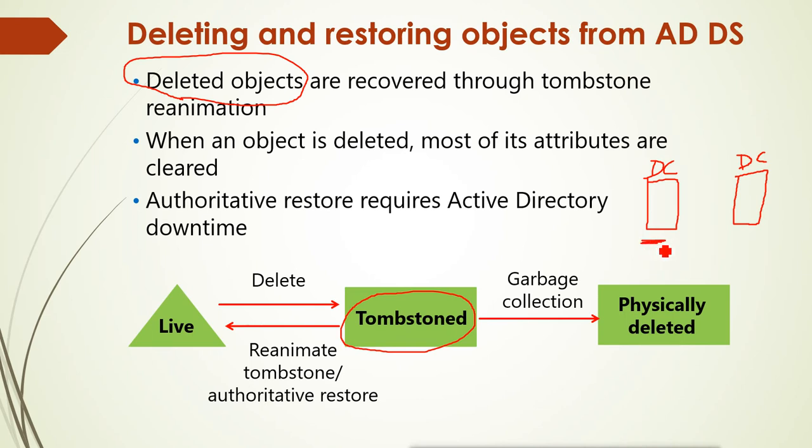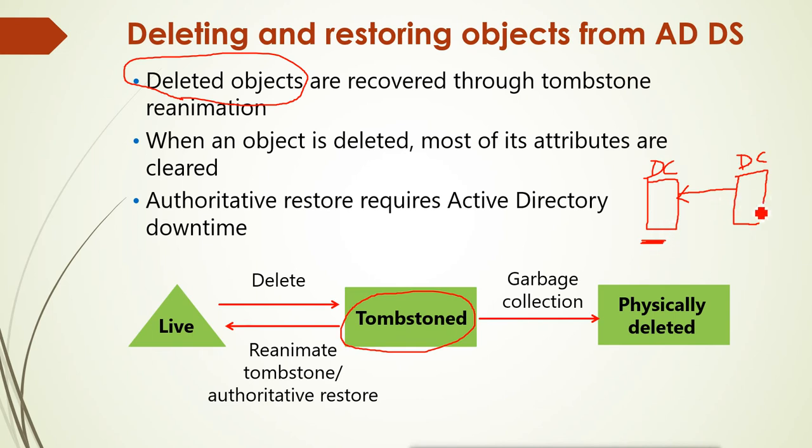So this user must be updated on the other domain controllers also, whenever you add any object or any user. Now how are they going to update it? They exchange the unique identifier. There is a unique object identifier for every object, like for the domain, for the OU, for the users, for the group. So when you add any user, the container object will be updated. When you change the password or the information about the user, the user's object ID will be increased, and that ID will be used to update the information to other DCs.